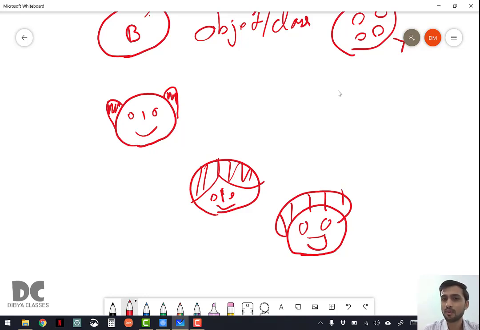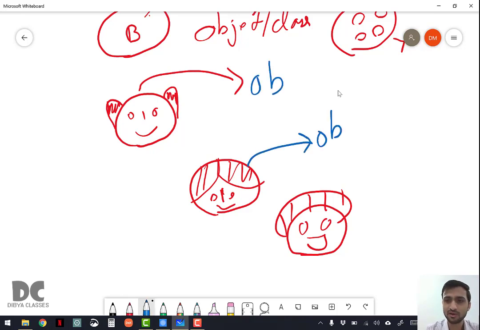They have some similar properties because you have inherited. Inherited means you are bringing some properties from another object. Your grandfather is an object, your father is an object, and you are also an object. Everything in this world is an object.